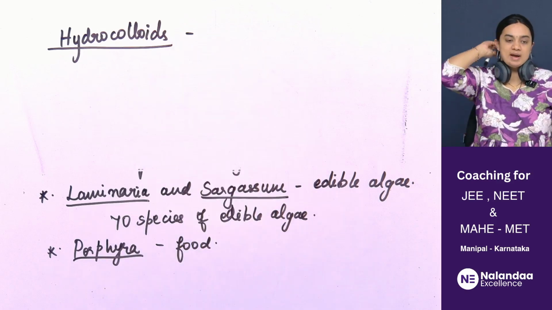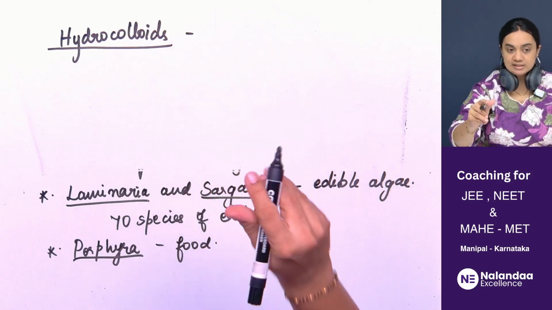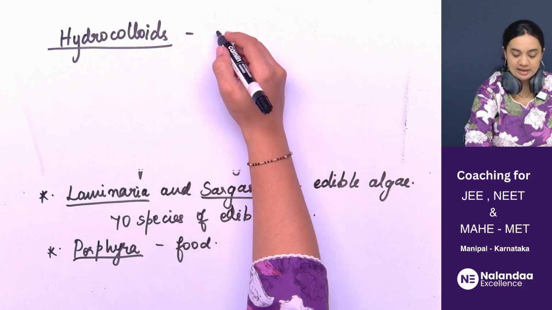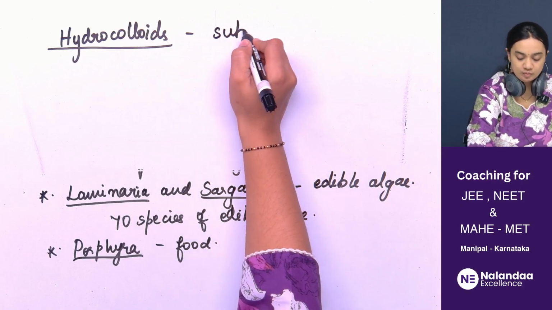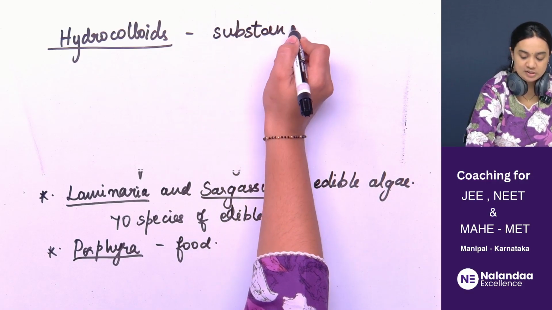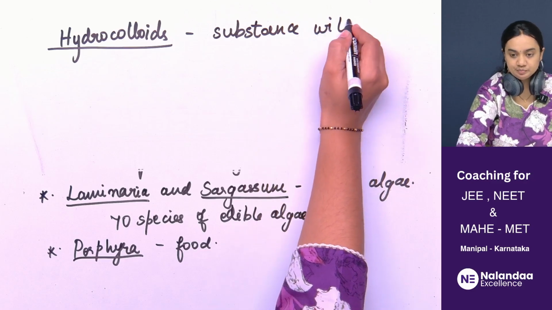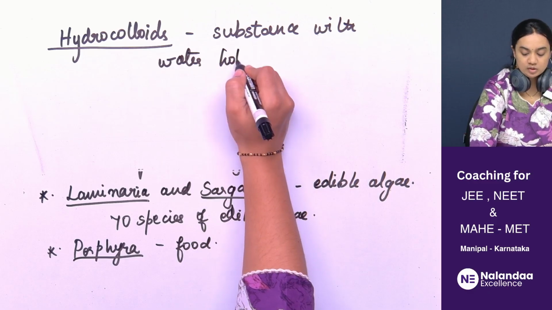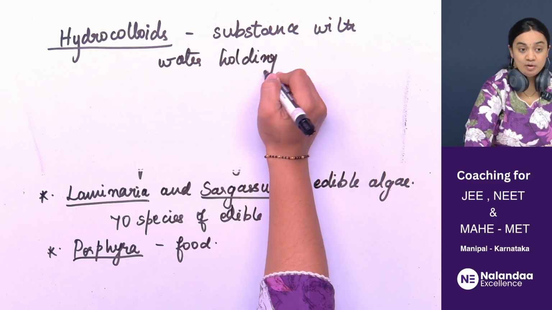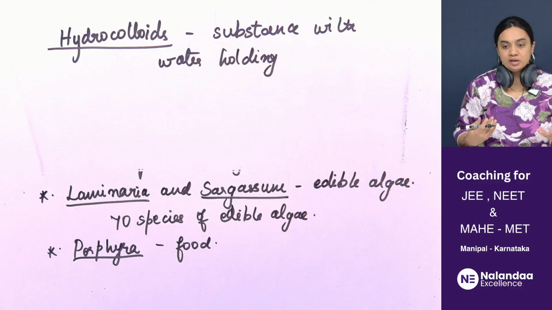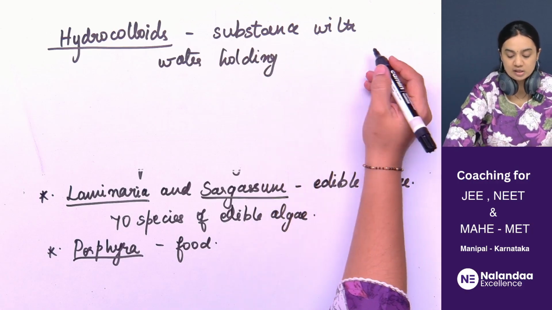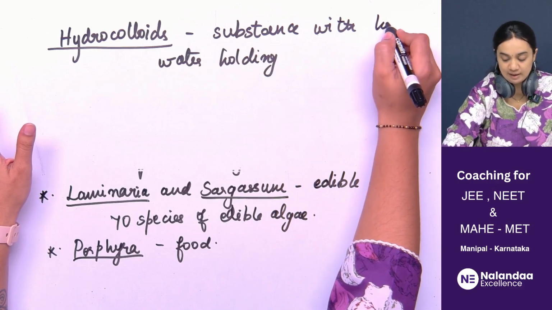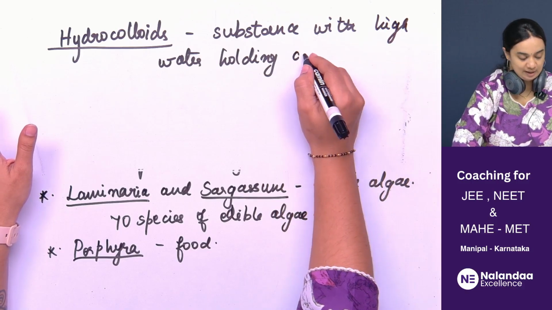Hydrocolloids are produced by the cell wall of algae, where it is a substance with water holding capacity. So the special feature is that it is capable of holding many times of water, its own volume. Okay, so it's a substance with high water holding capacity,